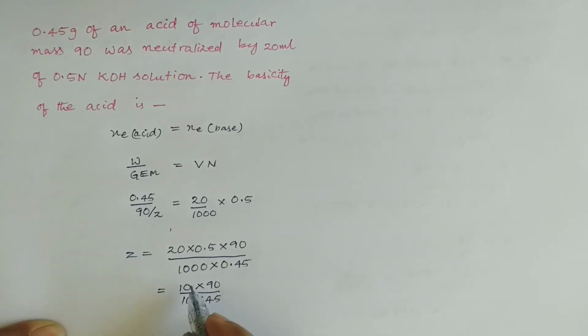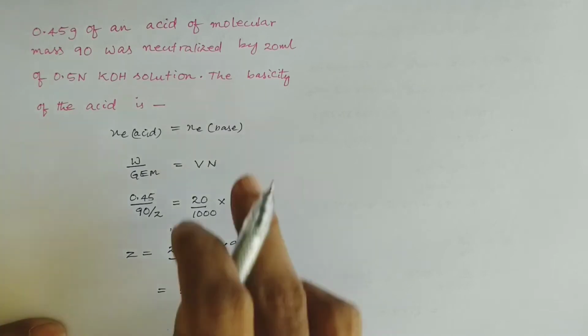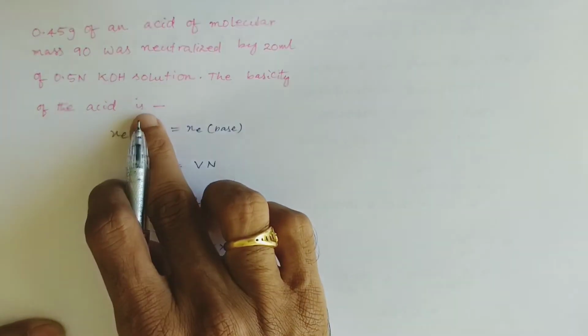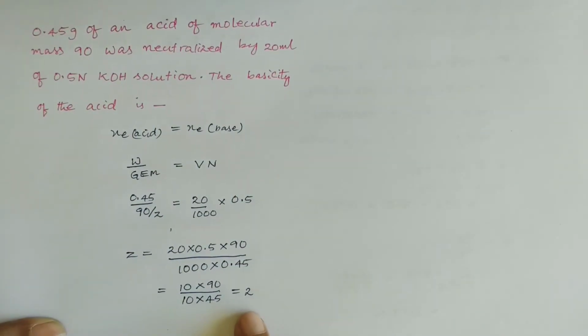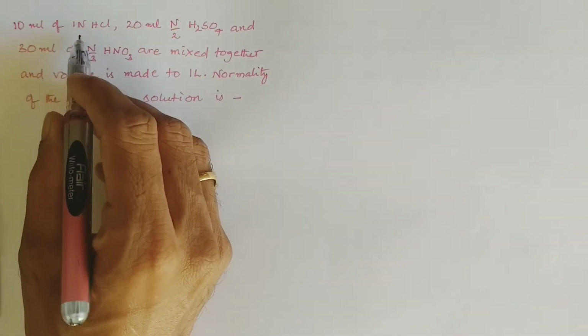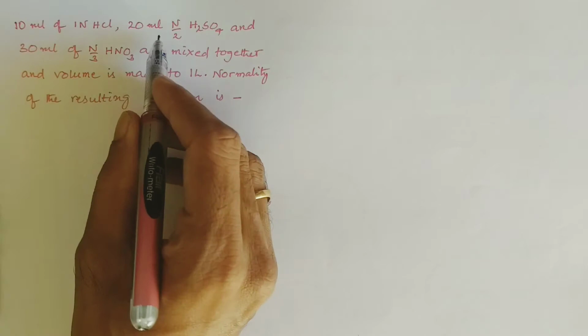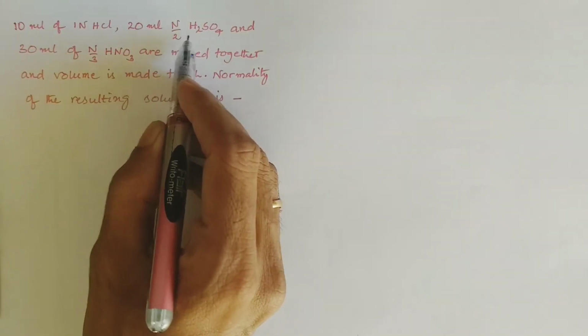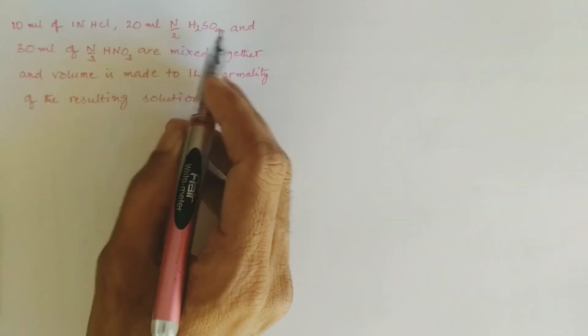So 10 will be cancelled, and 90 is cancelled by 45 two times. So Z is equal to 2, or the valence factor is 2. That is nothing but the basicity of the acid, right? This is the answer. Next problem, 10 milliliters of 1 normal HCl, 20 milliliters of N by 2 H2SO4, and